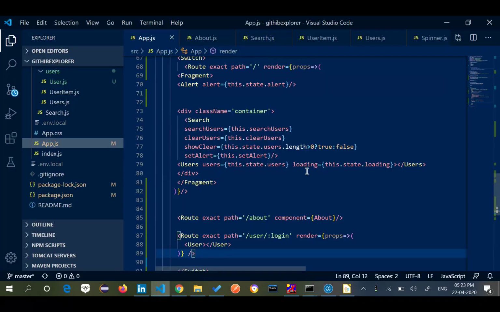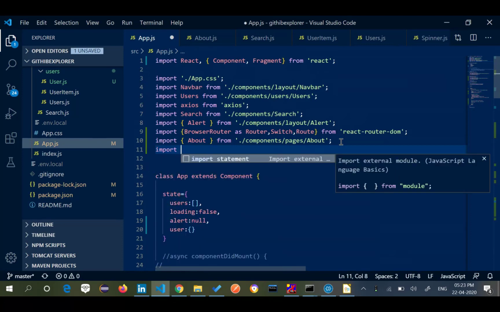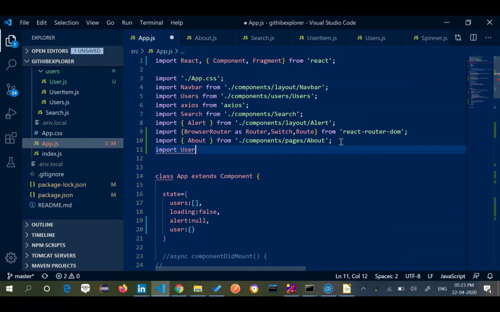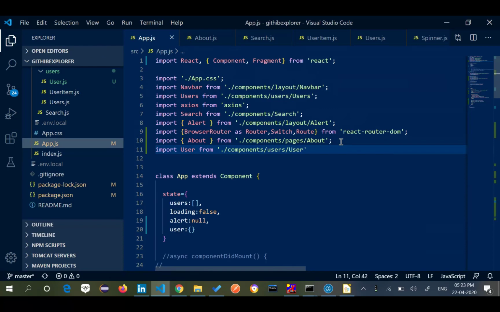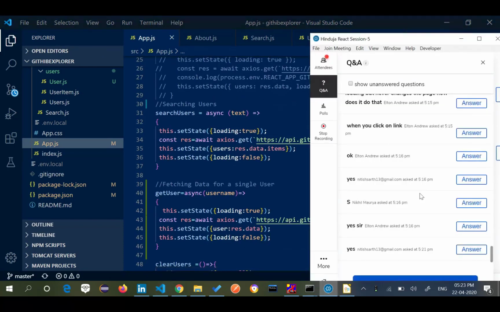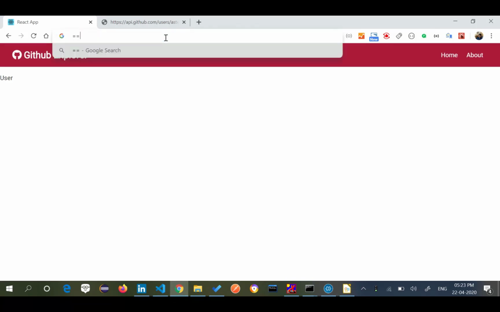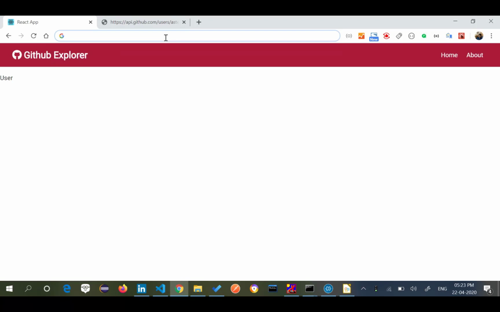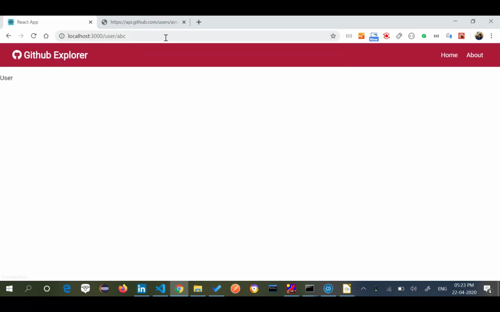User is not defined, so I need to import user from dot slash users slash user. And if I check now, see, I haven't passed anything. If I pass any name here, let's say slash user slash abc, it will still land me upon the same page.